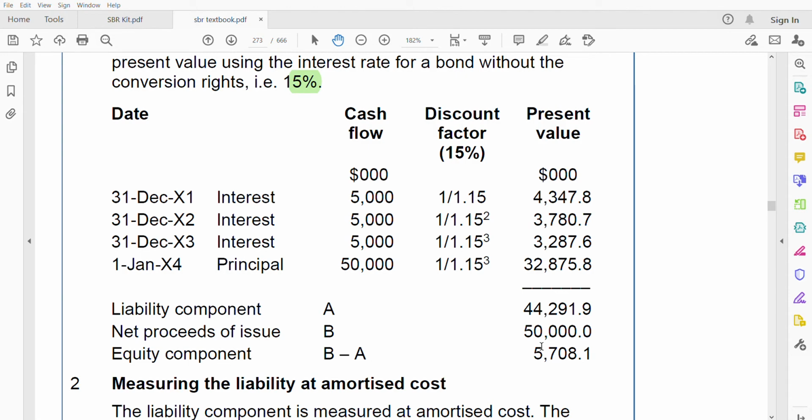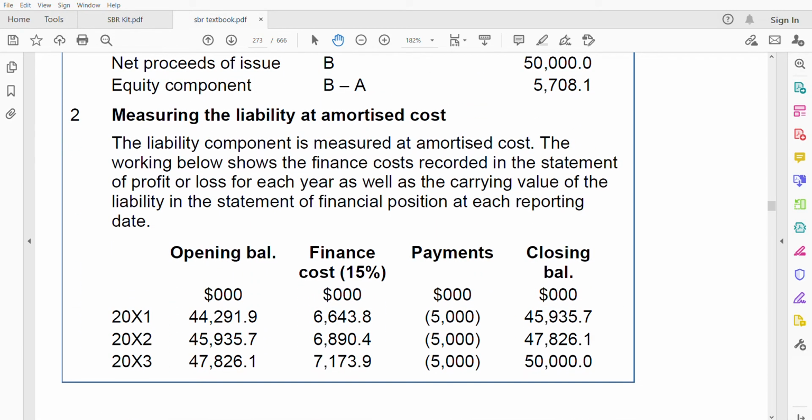Now we are going to measuring the liability at amortized cost. Why are we measuring the liability at amortized cost? If you followed my yesterday's lecture on financial liability, how you measure financial liability, initial recognition versus subsequent measurement, you will know why I am saying this. Liability, you measure it at amortized cost versus fair value through profit and loss. You can measure fair value through profit and loss at amortized cost, but that is subsequent. Initially, you measure it at